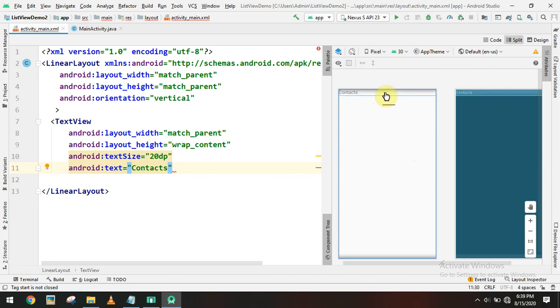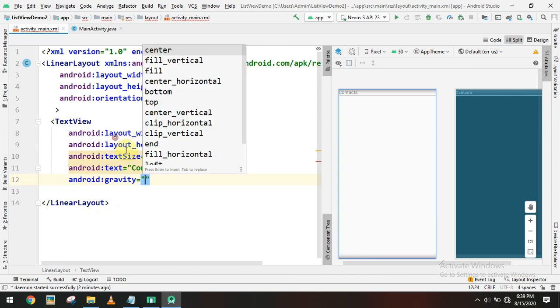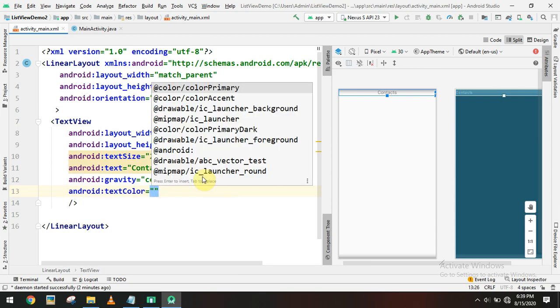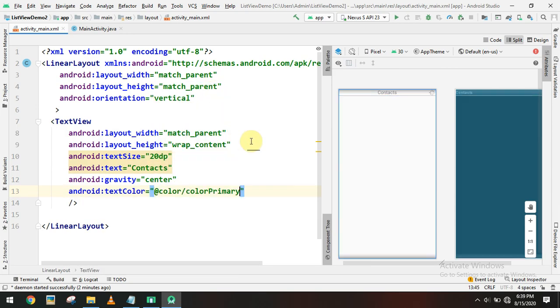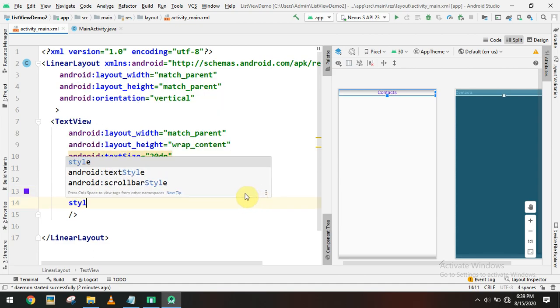We have to bring the text to the center, so you can apply the gravity attribute equal to center, and the color we can set using text color. I'll choose a primary color, that is blue, and I want the text style to be bold.